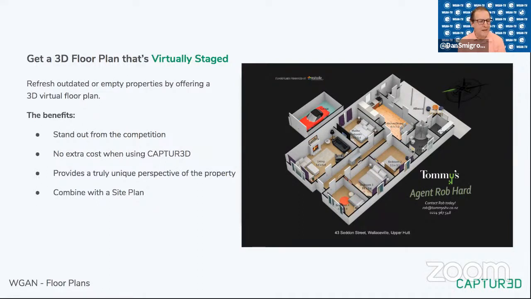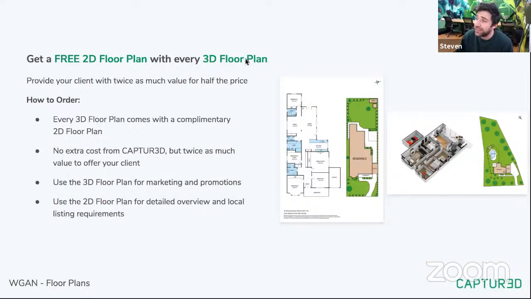I'm confused about pricing. So is this $16 and I get a 2D floor plan, a 2D site plan, and a 3D virtually staged static plan? So each floor plan type, so the 2D, the site plan, and the floor plan, and then the 3D, each of them are individually $16. However, we've got a really good deal that runs with the 3D floor plans, which I believe is on my next slide, which is that with every 3D floor plan that you order, we will provide you with a 2D plan for free. And so this is the example.